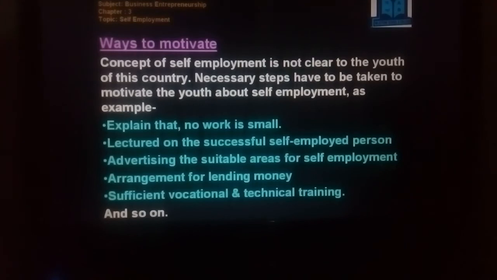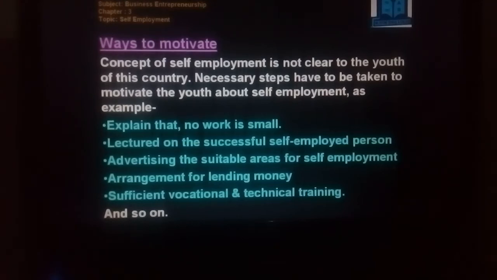So dear student, for self-employment, it is necessary to have personal efficiency and strong willingness. But the concept of self-employment is not clear to the youth of this country. Necessary steps have to be taken to motivate the youth about self-employment. As an example, we can explain that no work is small. Then we can teach or lecture about successful self-employed persons. Then advertising the suitable areas for self-employment, arrangement for lending or investing some money, then sufficient vocational and technical